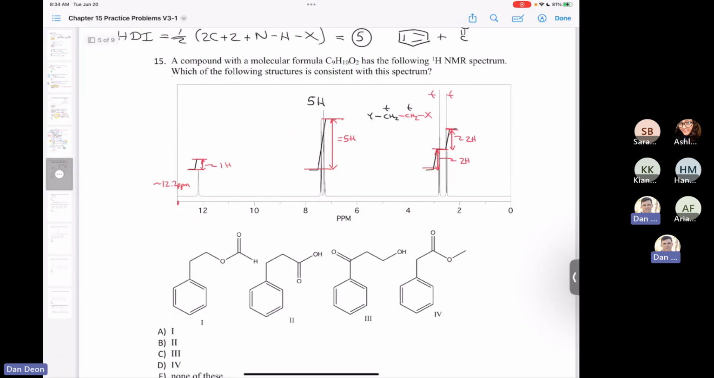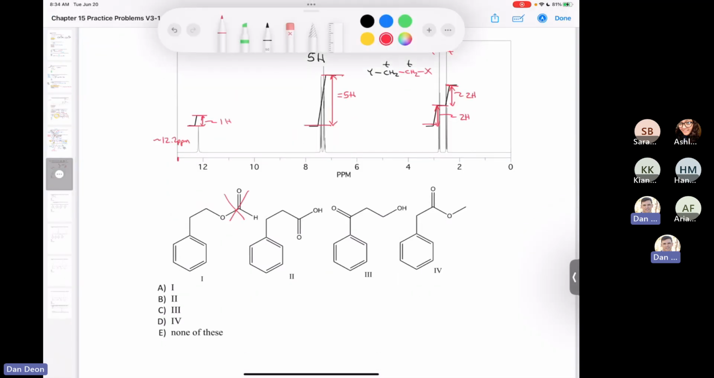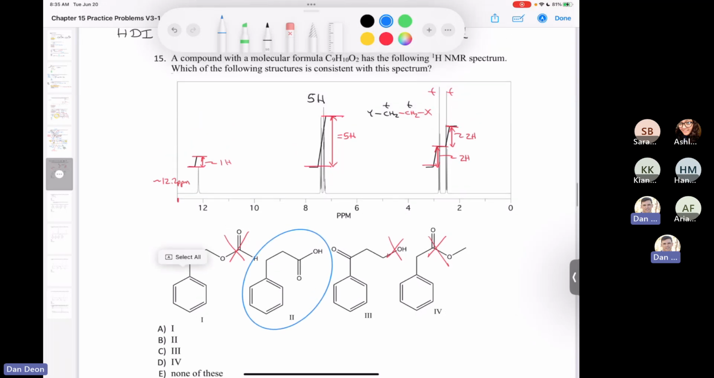If we go back here and look at all of these compounds, this is not a carboxylic acid, this is an alcohol, this is an ester. The only one that's a carboxylic acid is number 2. So the answer has to be number 2, and you see that it works out perfectly, right? We have the 5 protons on the aromatic ring, and then we have the 2 methylenes, and then we have the